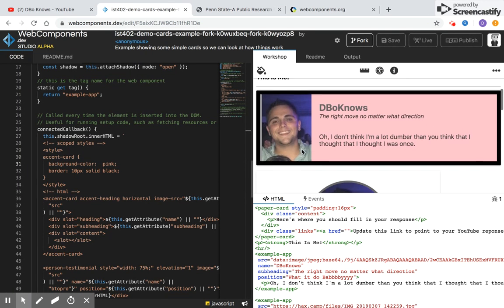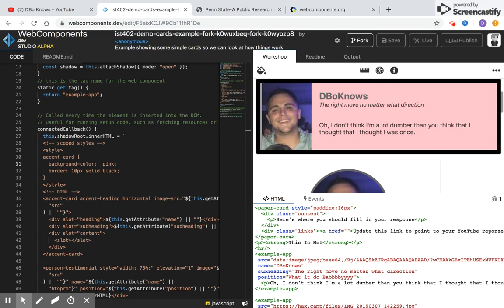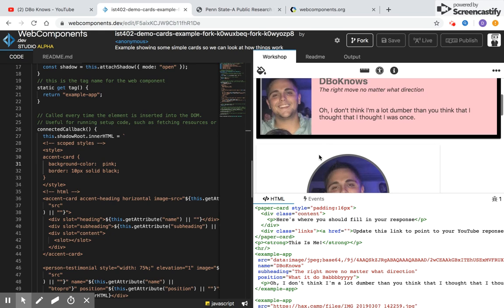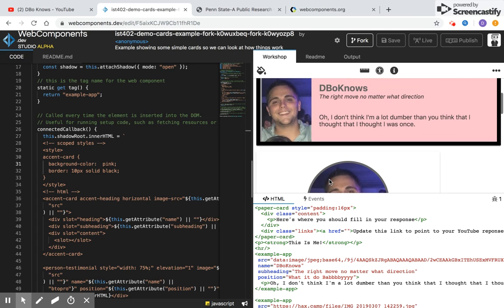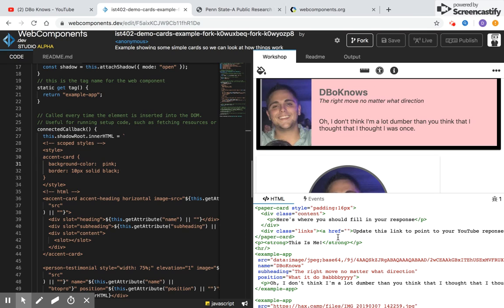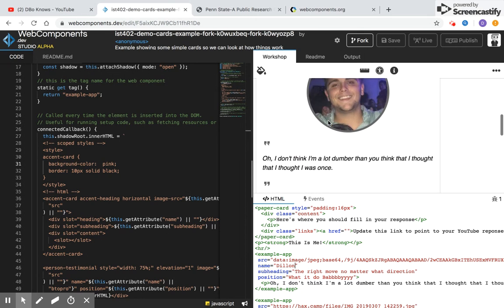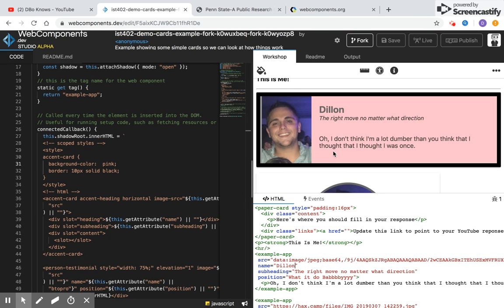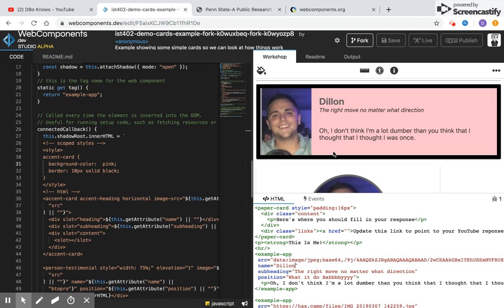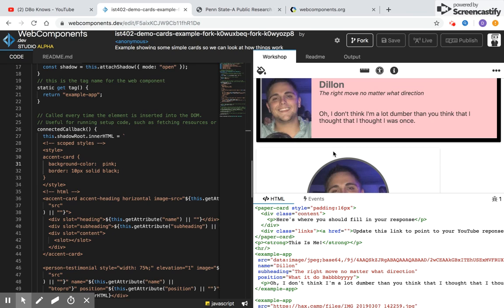So as you can see here, we have the web component example app. What the example app does is it creates two different cards that use the same information for that individual instance. So if I wanted to change the name from Debo Knows to Dylan, it updates here at this heading, but also updates down here as well on this card. So this is a small example of how it can save time,